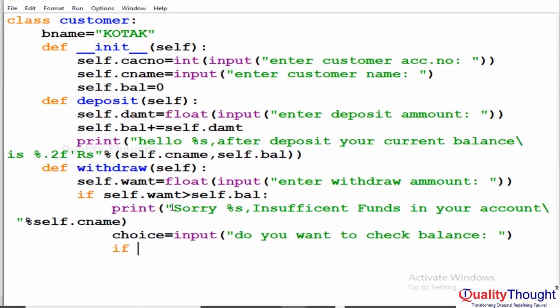If choice in list of yes, or capital S, or small y, or capital Y,